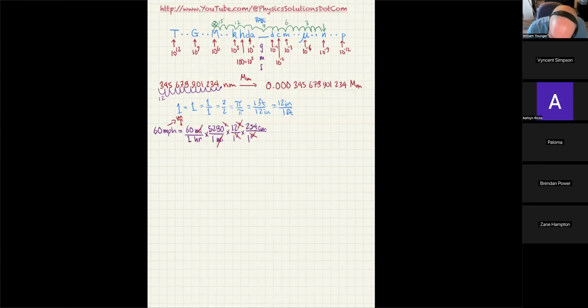Now I can look up at my table here and realize that the centimeter is 1/100th of a meter. That means there's 100 centimeters in 1 meter. So I can now make another value of 1 by using 100 centimeters is equal to 1 meter. It's just a matter of figuring out, do I want the centimeter on the bottom or do I want the centimeter on the top? Anybody have an answer for that one? Bottom. Very good. So I'm going to say 100 centimeters on the bottom and 1 meter on top.